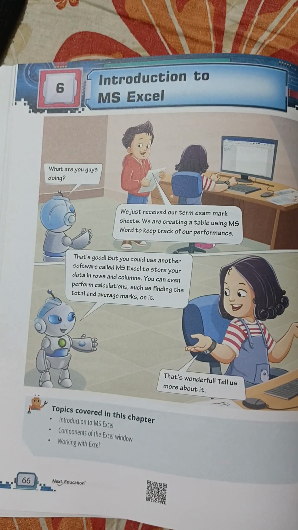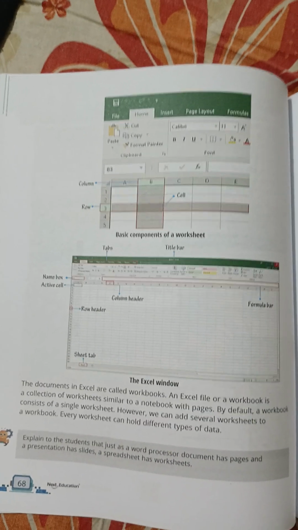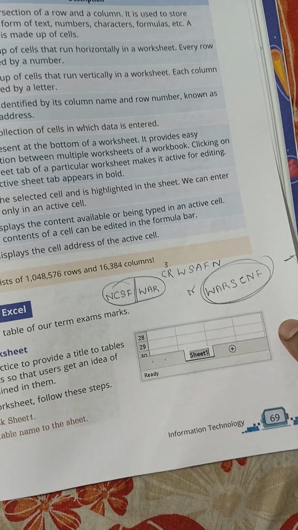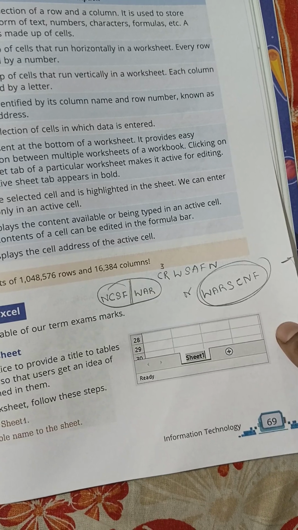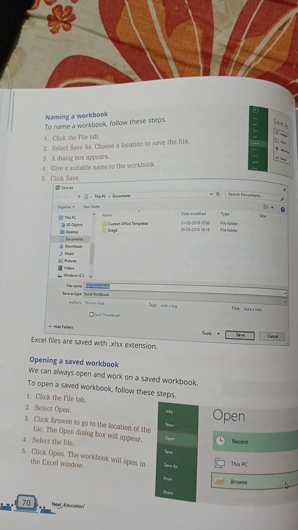Next is chapter 6, introduction to MS Excel, which includes the worksheet. By default there is a worksheet, and even the rows and columns, we are going to learn each and everything. And next is about the worksheet with Excel, then rows and columns and ranges, numbers, date and time, formulas,